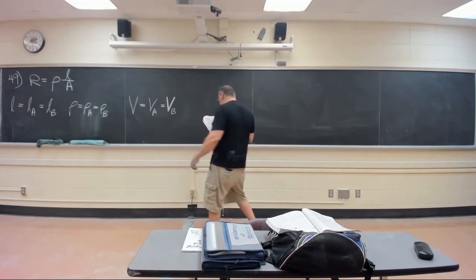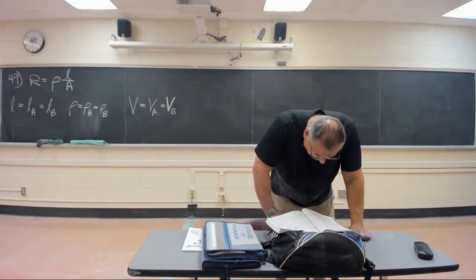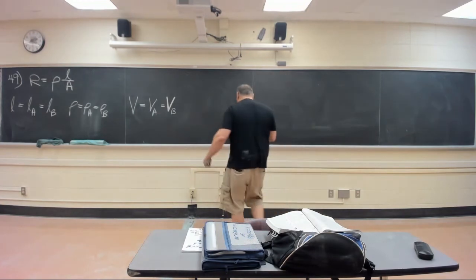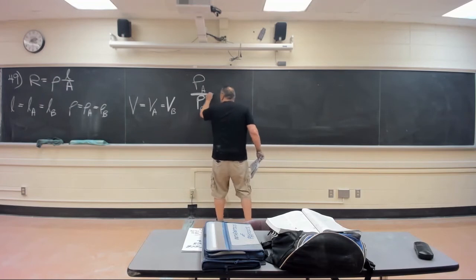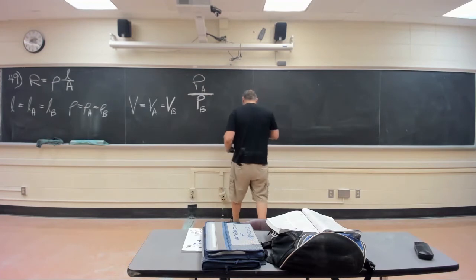We've got to talk. Wire A is getting more power. If the power supplied to wire A is 3 times the power supplied to wire B, what is the ratio? The power going through A, power going through B, isn't that the same as